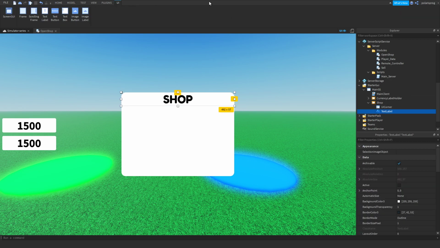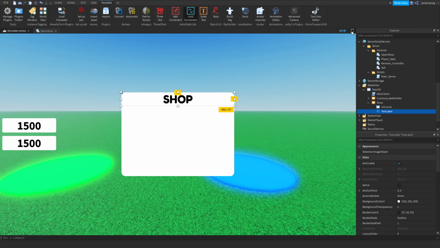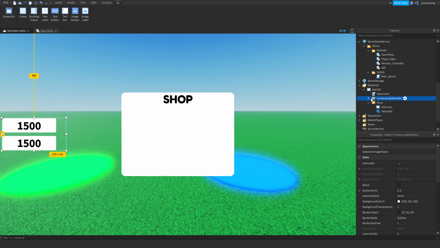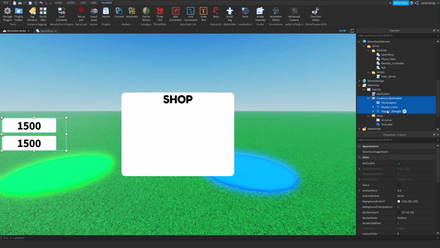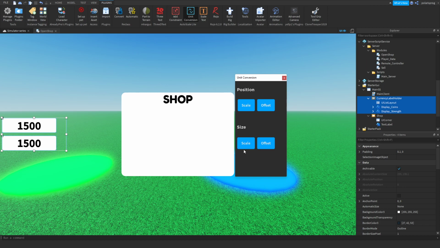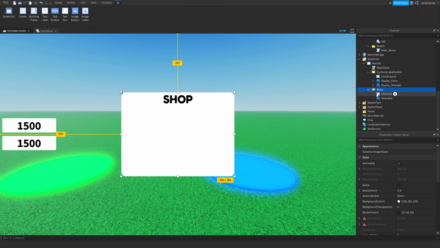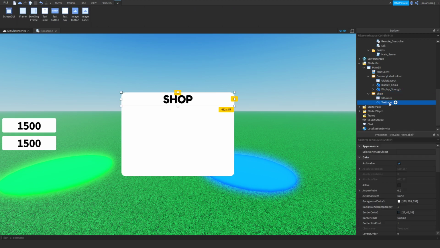So make sure you convert every single thing to scale, or else everything will look horrible on mobile, just like it looks horrible right here, because I forgot to convert everything to scale, and this is how important that is. As you can see now, it works. Okay, so let's go back to our shop, rename this text label to title,